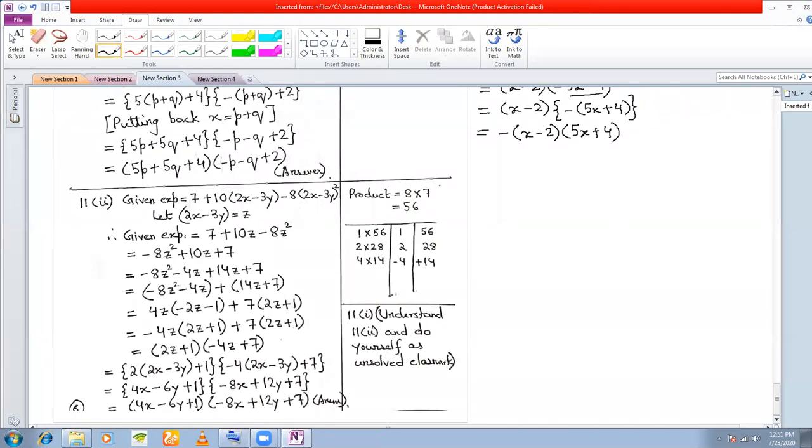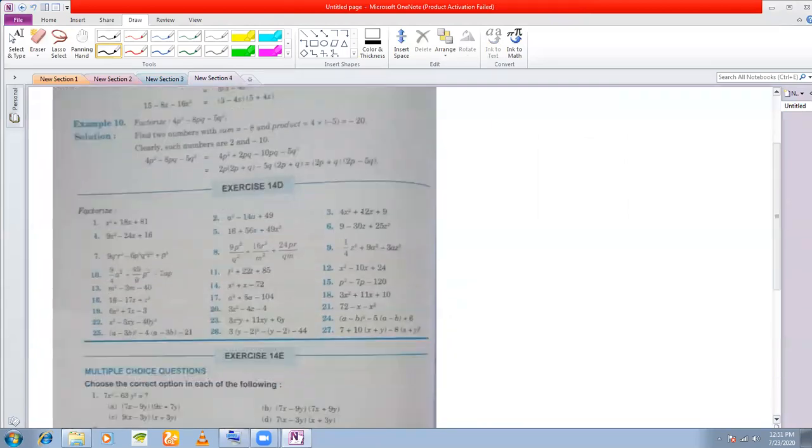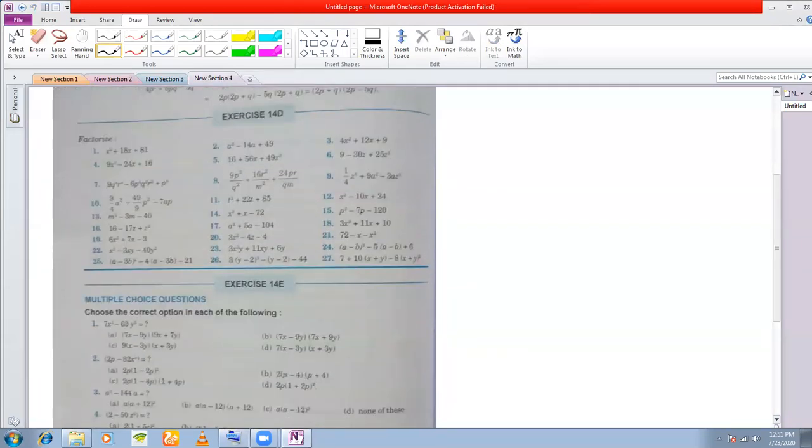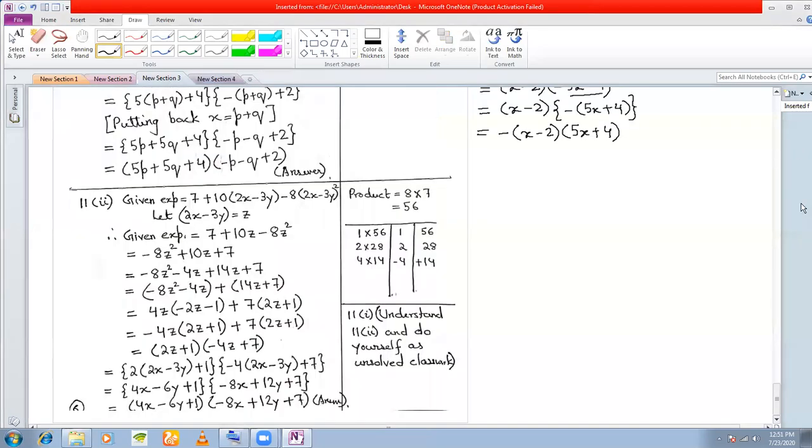Okay, so to the last one, and then from your textbook, I've got a picture of your textbook also here. So I will ask you some questions from your textbook. Okay, from your textbook, I'm going to ask you some questions, to see whether you have understood or not. Okay, so last, let us finish this one.